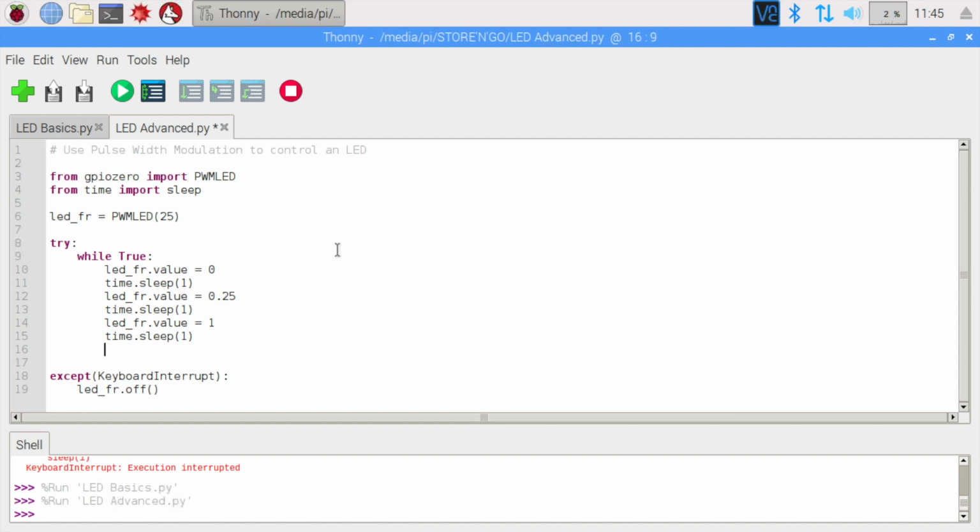Okay, and I'm going to put a note here that the value can be any number between 0 and 1 inclusive. Okay, so now that I've got that, I'm going to hit save. I'm going to hit publish or run current script,